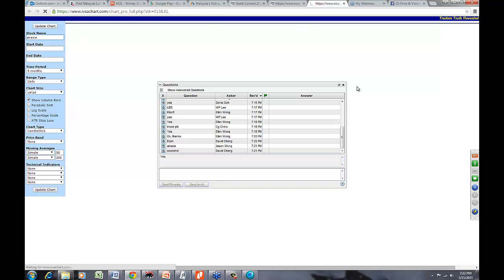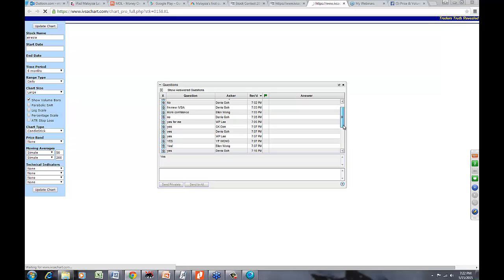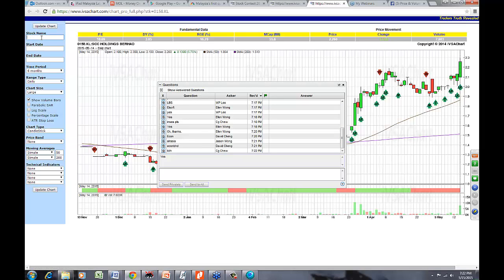It's very slow. I think a lot of people are logging in now. Also the server is running. We won't have the time to do so many stocks, okay? We want to keep it short and snappy. And those of you who are already in this IVSA community, we'll take care of some of your stocks and perhaps look at them during our weekly training. Yeah, that's the one. Okay, SEC.